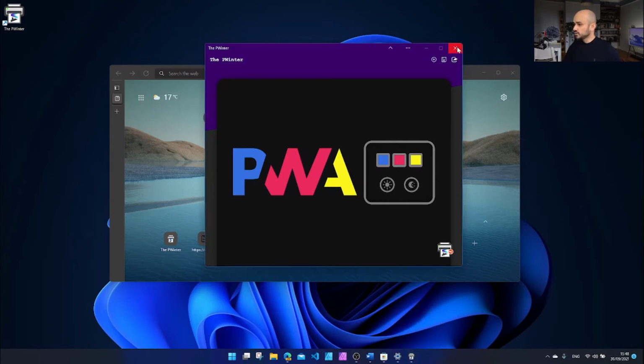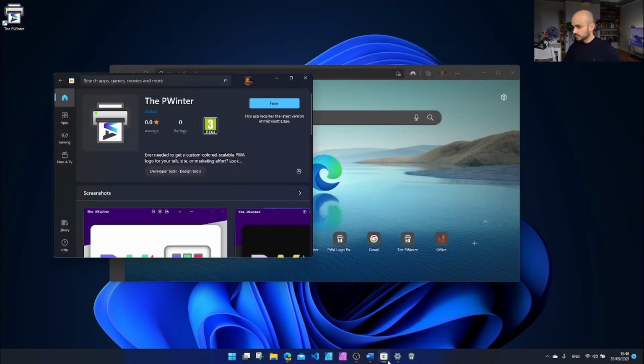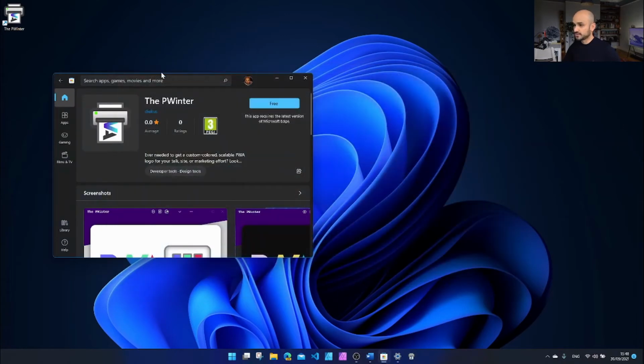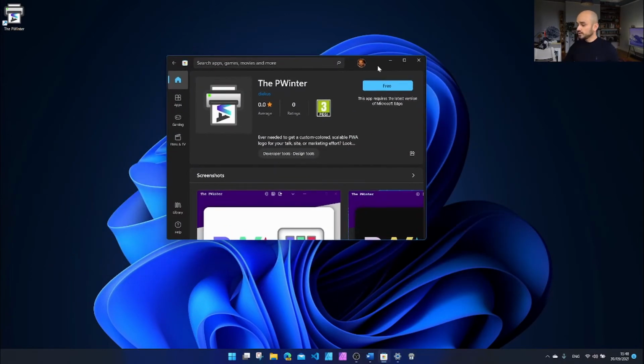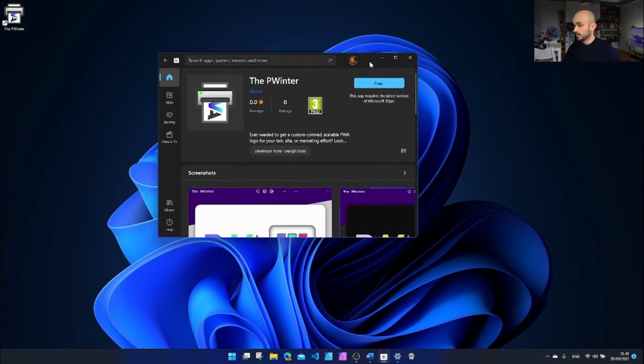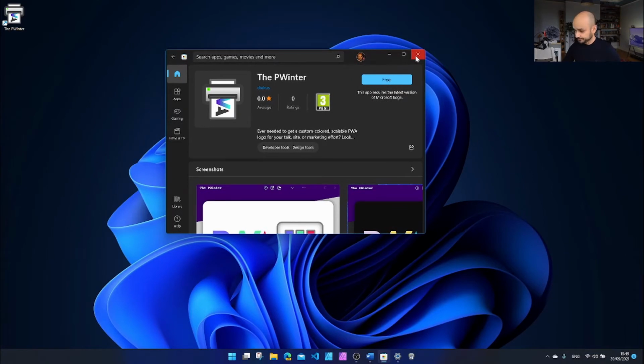The other way that you can get a PWA is by submitting your PWA to the store. What's really good about this is that you actually don't need any change in the code itself. You can just go through the PWA Builder process, which is what I did, and you'll get the file generated that you need in order to upload it to the store. And in a couple of days, you're going to have your PWA discoverable through the Microsoft Store.